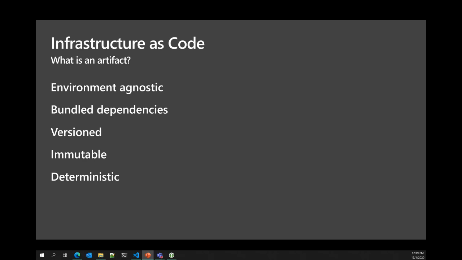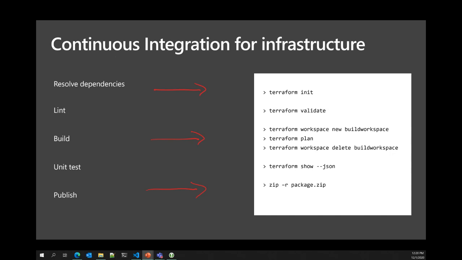Our infrastructure shouldn't change willy-nilly. It should very much be on rails and follow a prescribed process, and we should have confidence in that process to produce reliable artifacts. All right, cool. So we've described the abstract of what we want our infrastructure as code artifacts to look like and what our CI process should look like. Now let's actually talk about how we specifically implement that with Terraform.